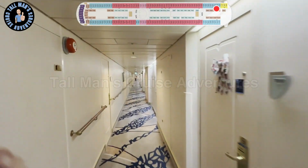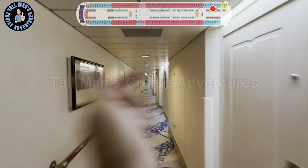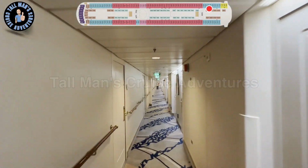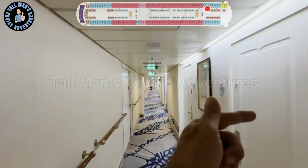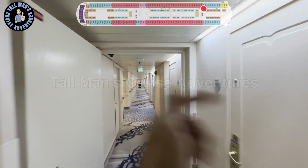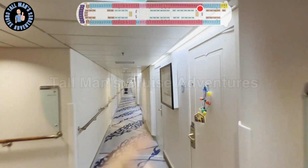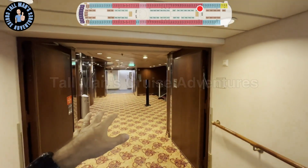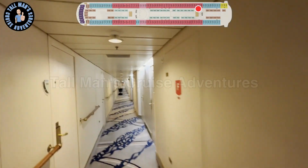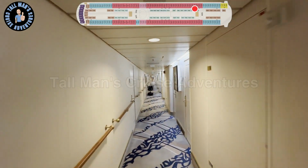15, 16, 18, 19, 20, 22, 23, 24, 26, 27, 28, 30, crew door, 32, 34, crew door, 36, and here again was the forward elevators and stairs that we used to cross over to the other side. 38, 39, 40, 42, crew door,